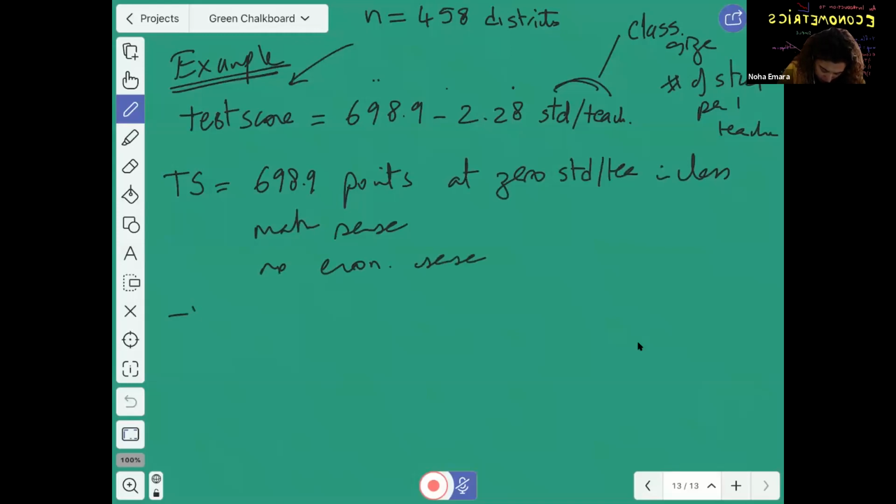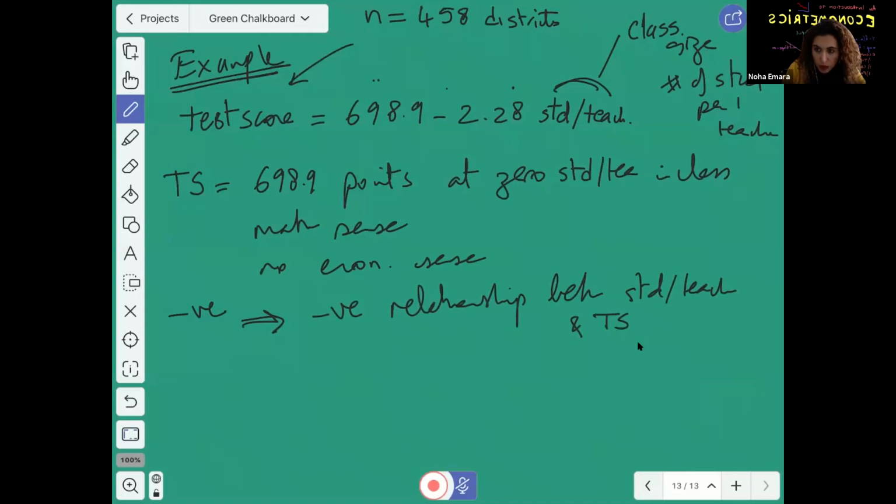The negative sign implies that we have a negative relationship between student per teacher and the test score. As the student per teacher increases, the test score falls, and this is an expected result or an expected relationship. But to be more specific, the negative 2.28 implies that